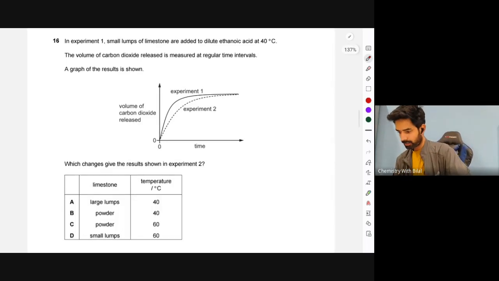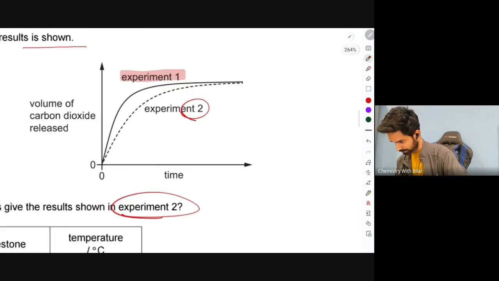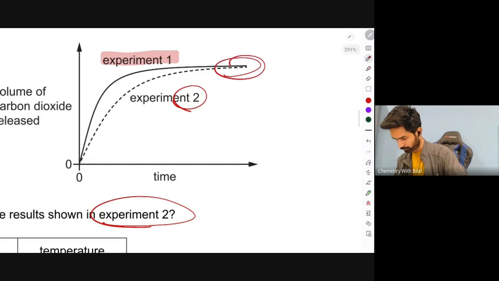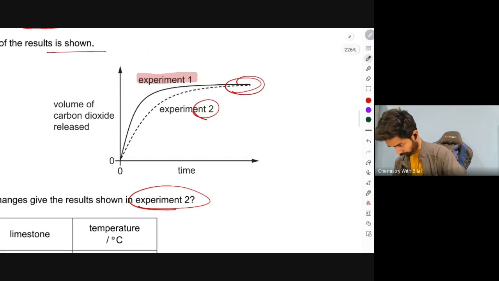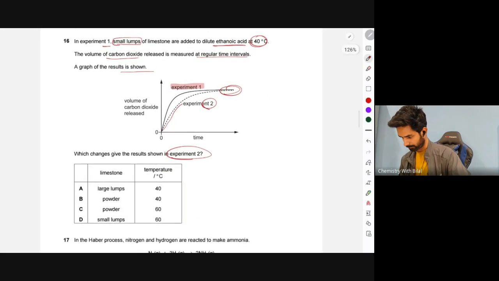इंशाल्लाह। ओके, इन एक्सपेरिमेंट वन, स्मॉल लम्प्स का मतलब छोटे पीसेस of limestone added to ethanoic acid at 40 degrees. The volume of carbon dioxide is made at regular intervals. A graph is shown. Volume of CO2 is okay. Which change would produce the experiment 2? अच्छा, ये जो पहले वाला जो हम कर रहे हैं वो एक्चुअल में ये एक्सपेरिमेंट है ऊपर वाला। अब हम क्या करेंगे, एक्सपेरिमेंट 2 में चेंज क्या है, यू आर गेटिंग द सेम अमाउंट ऑफ वॉल्यूम ऑफ गैस बट अ लिटिल स्लो रिएक्शन। स्लो रिएक्शन है ना, देखो इसका ग्रेडियंट कम है लेकिन टोटल सेम है, ठीक है।